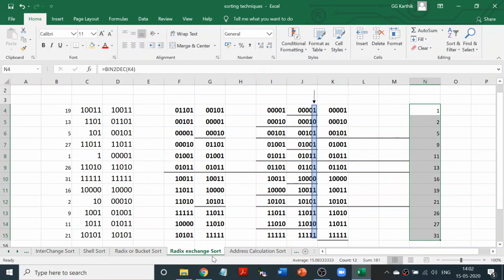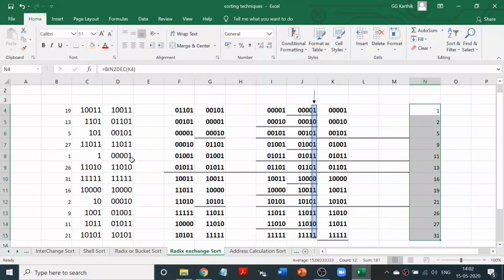Right, this is radix exchange sort. We were given a number converted into binary. That binary number I have written as 5 digits, because only if it is 5 digits will I be able to proceed with the steps. So this was my binary number, and I'm going to write it in the form of 5 digits. If it is 101, I'm going to write it as 00101. If it is 1, I'm going to write it as 00001.